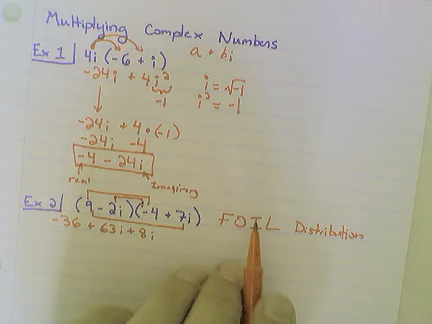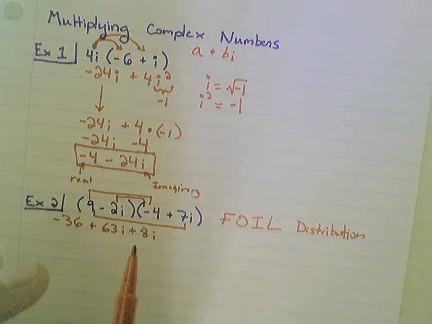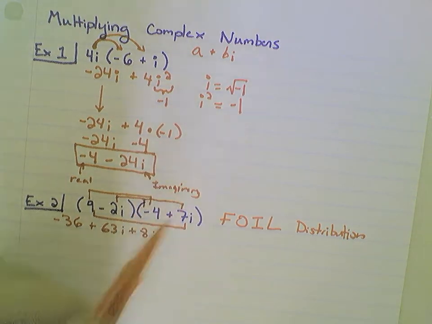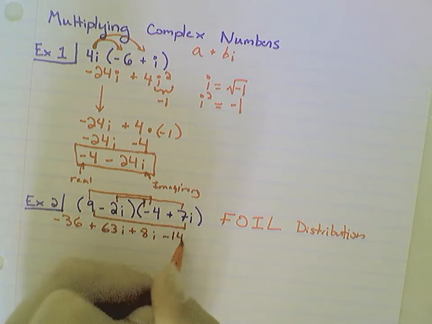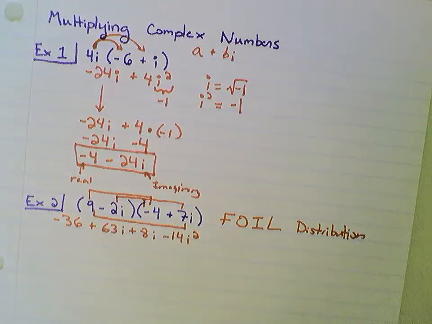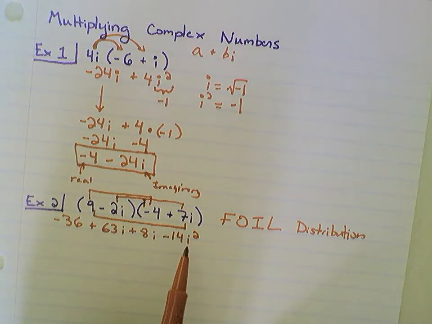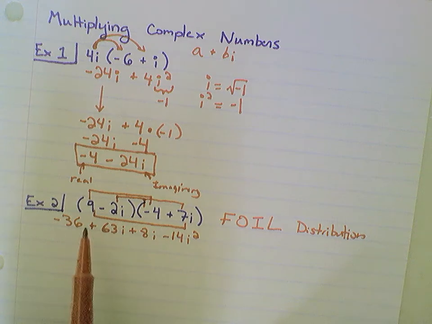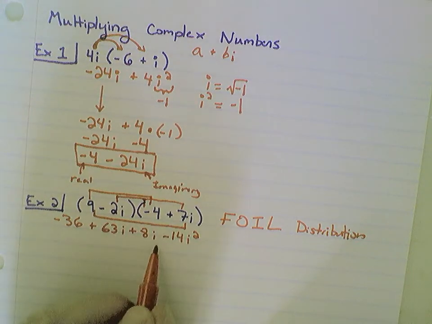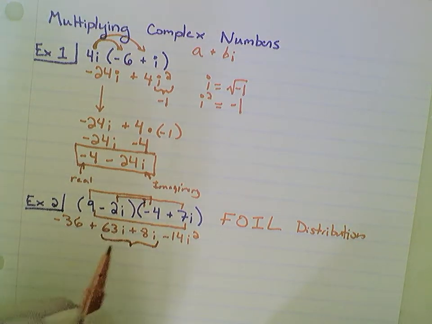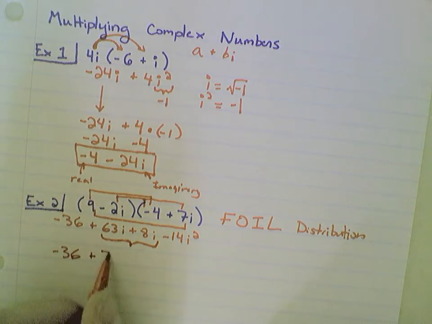And then lastly, I do the L, which is the last terms multiplied together. So that's negative 2i times 7i. Well, if I take negative 2i times 7i, I'm going to get negative 14i squared. Now, once again, really the trickiest thing with imaginary numbers is recognizing that there's an extra step to simplifying them. So we can simplify how we normally would when we FOIL. You should notice that these two middle terms can be combined. So I can rewrite this as negative 36 plus 71i